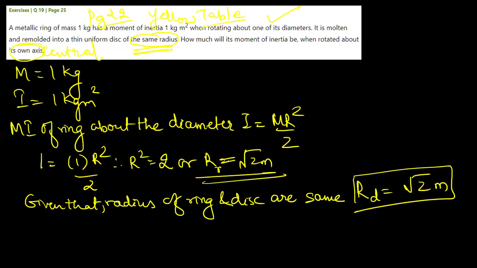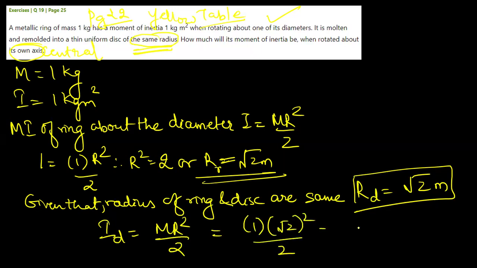अभी डिस्क का फॉर्मूला, यू विल हैव टू सी द फॉर्मूला फॉर द डिस्क। क्वेश्चन में इनिशियली द डेटा वाज गिवन फॉर रिंग, रिंग का मोमेंट ऑफ इनर्शिया से हमने उसका रेडियस निकाला, एंड देन नाउ द क्वेश्चन इज आस्किंग कि सेम रेडियस का अगर डिस्क लिया गया तो उसका मोमेंट ऑफ इनर्शिया क्या होगा अबाउट द सेंट्रल एक्सिस। सो मोमेंट ऑफ इनर्शिया ऑफ द डिस्क का फॉर्मूला भी वही है, सेंट्रल एक्सिस के लिए सेम फॉर्मूला है mr²/2। तो कितना मोमेंट ऑफ इनर्शिया होगा, तो मास भी सेम है बिकॉज इट इज वही चीज को रिमोल्ड किया गया है ना, तो मास भी सेम होगा 1, 1 into √2² 2, दैट विल बी अगेन इक्वल टू 1 ओनली, आंसर 1 ही आएगा, सॉल्व करेंगे तो यू गेट 1, ठीक है।